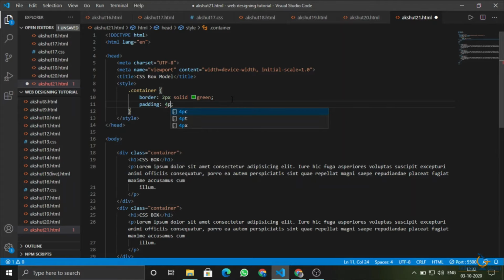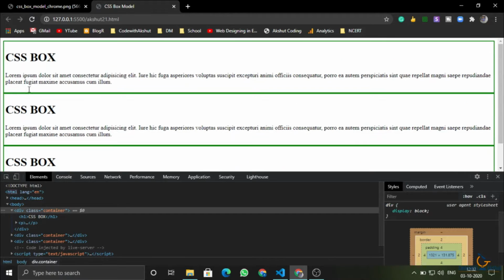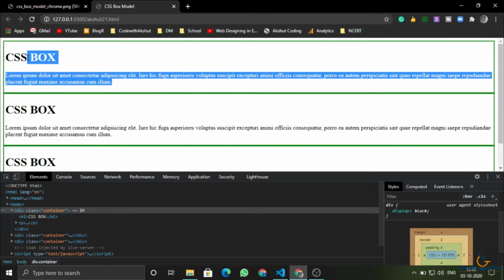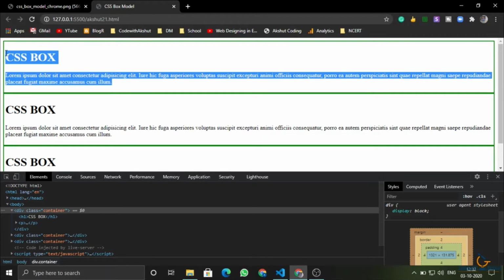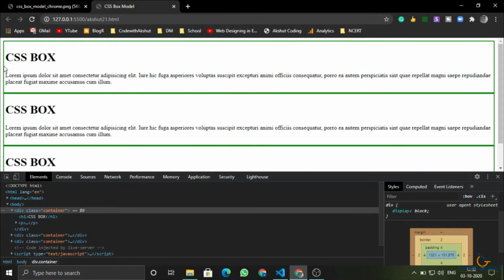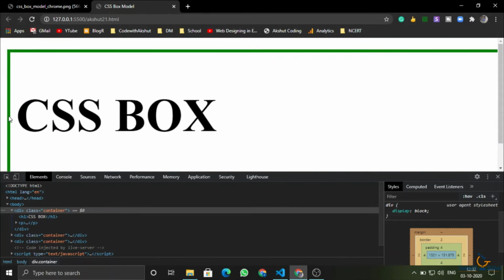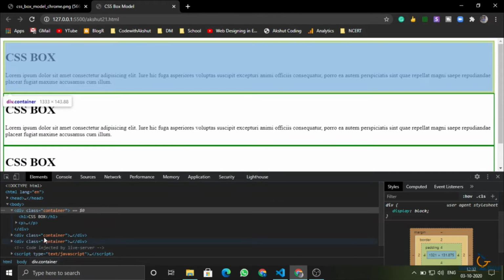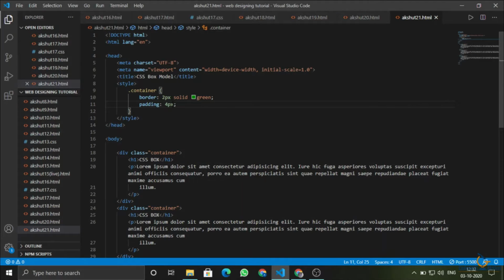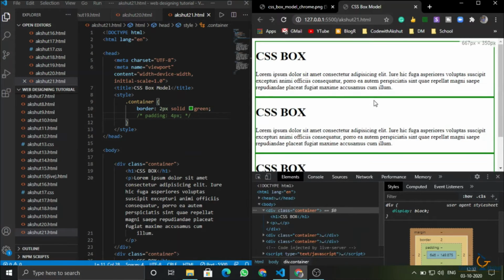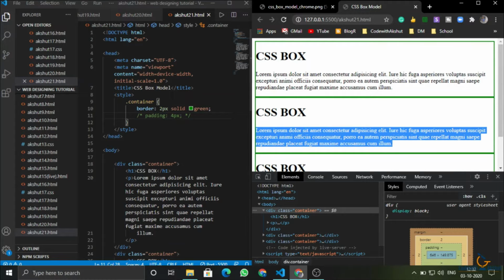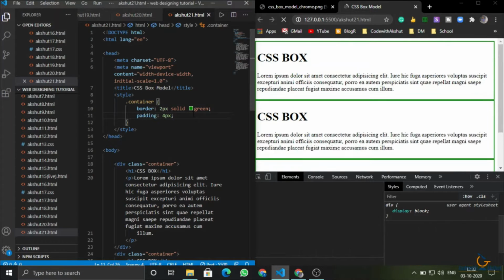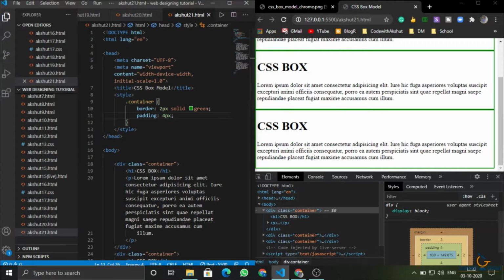If I put padding 4 pixel, then there will be a gap between the border and the text or whatever is inside that element. As you can see, here is a bit of gap. If I comment it out, there is no gap here, but when I add padding, you can see there is a bit of gap.